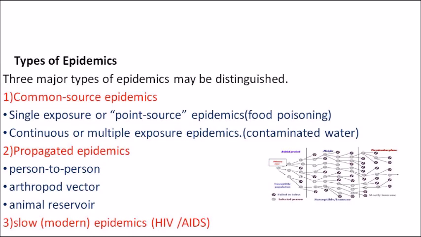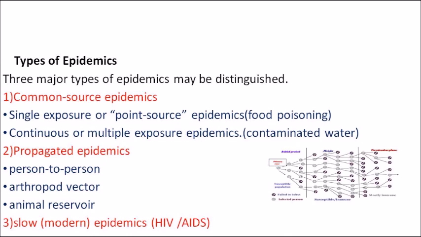And the last category is slow or modern epidemics. Okay, so this is a modern or a recent classification. Once, when HIV or AIDS began, it was an epidemic, but now it is continuously persistent in the community. Everywhere it has been seen since ages. Its incidence or prevalence has not decreased yet, it is still increasing. So that is what slow or modern epidemics are.